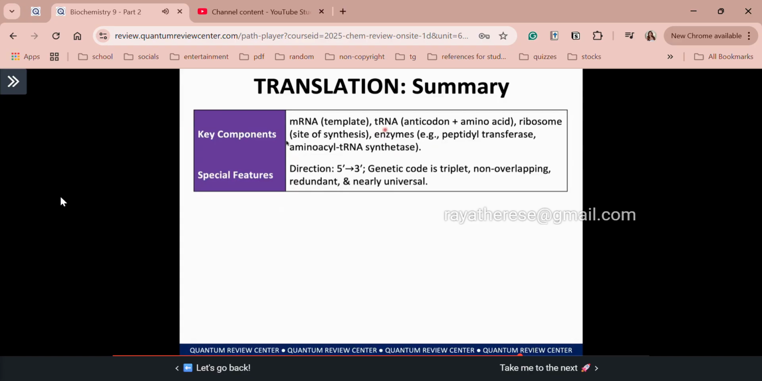And remember our special features again: direction, 5' to 3'; genetic code, triplet or codon; non-overlapping reading frame; redundant, particularly related to the wobble hypothesis; and lastly, universal to the majority of